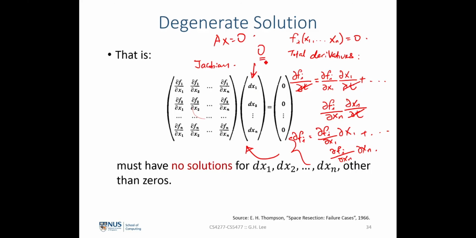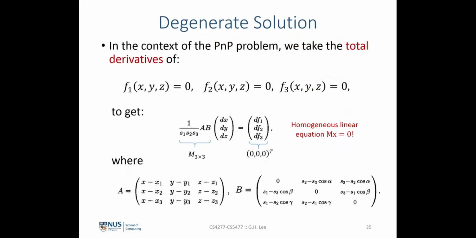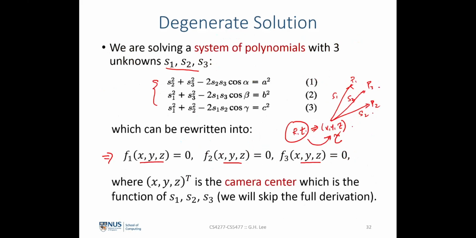If there is another solution here, what this means is that a perturbation of the function would lead to a whole family of solutions, or would lead to some unstable solution in our unknowns. And we can use this to check what the degenerate configurations are in our 3-point algorithm that was developed by Grunert in 1841. We saw earlier on that the three equations, equation 1, 2, and 3, can be